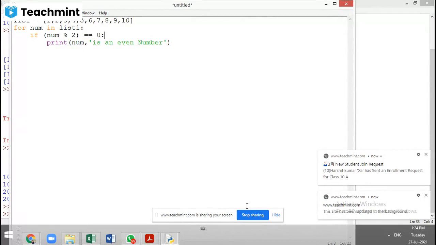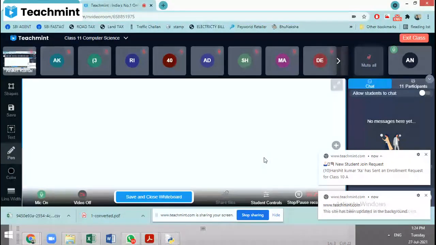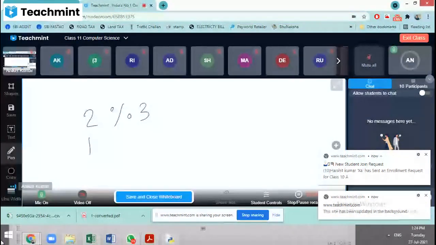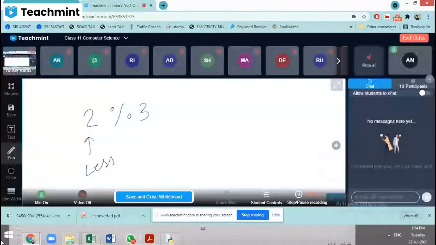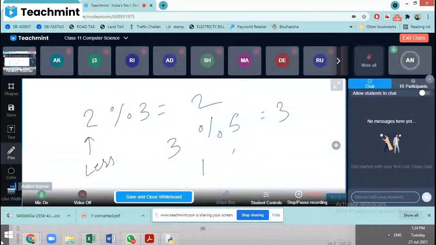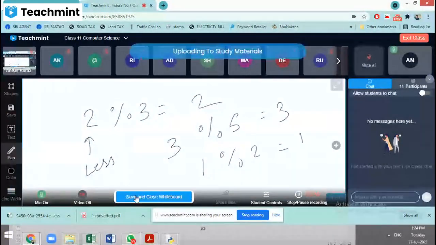You have modulus in your chapter, right? If I do 2 mod 3, if this value is less, then its answer will be 2 only. 3 mod 4, 3 only. 1 mod 2, 1.